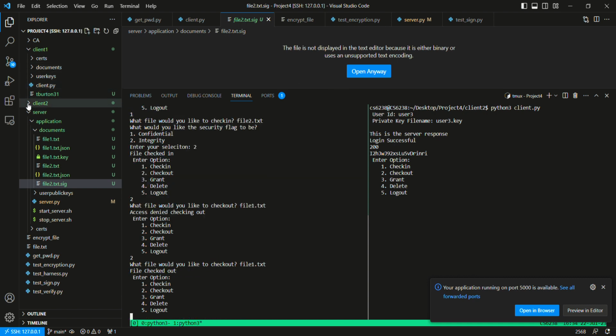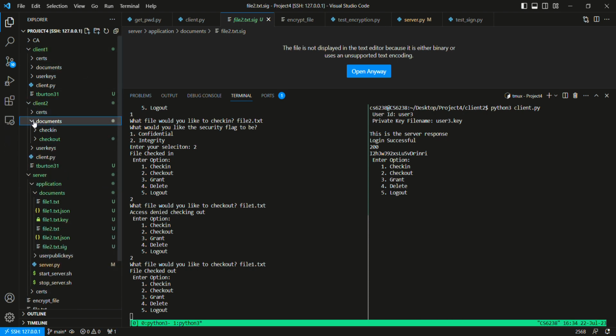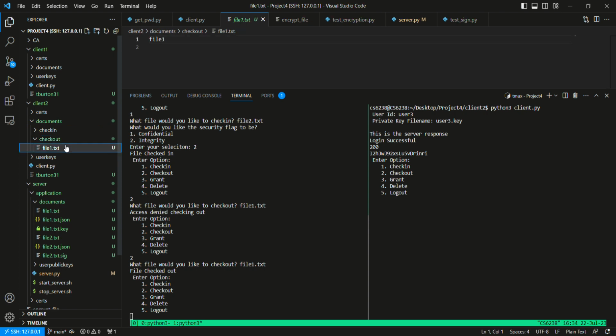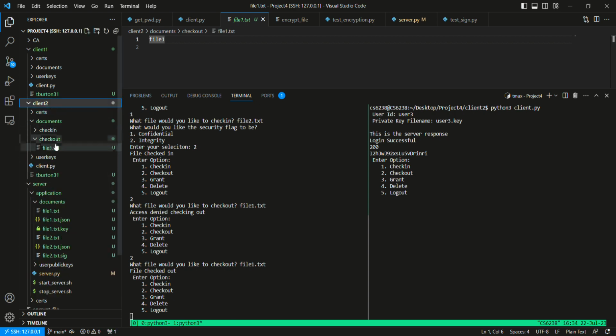So if we go to client 2, which is where user 2 is logged in, we go to the documents folder, we go to checkout. There is file 1 stored in plain text and checked out by user 2. Now, I'm going to delete this file in the checkout folder because we're going to try to check it